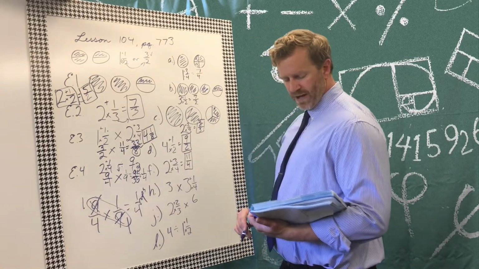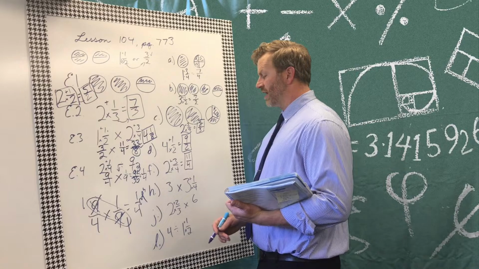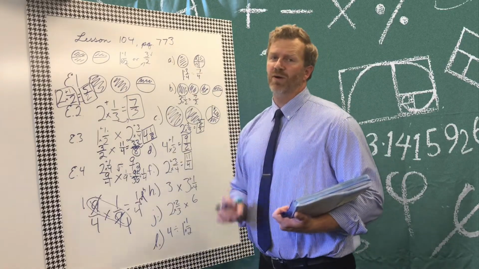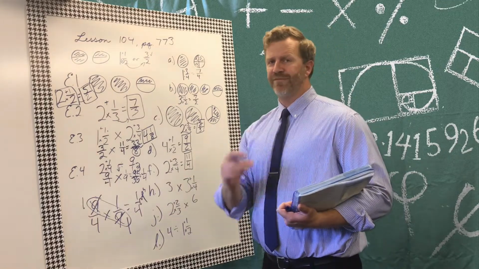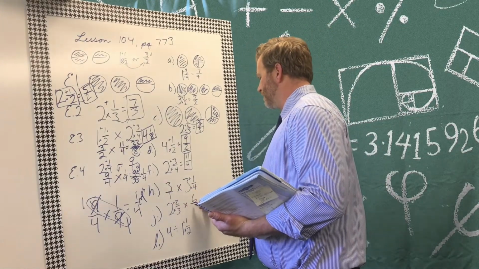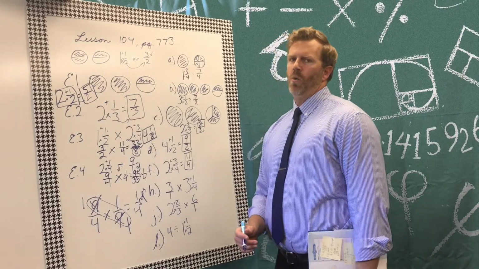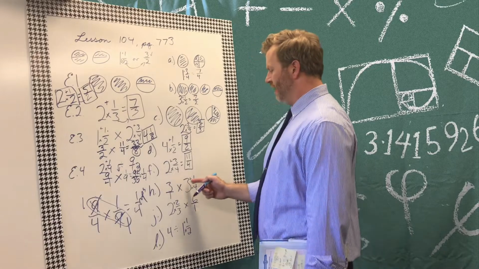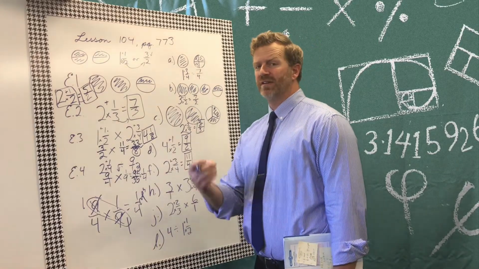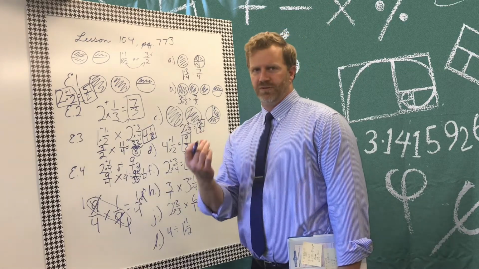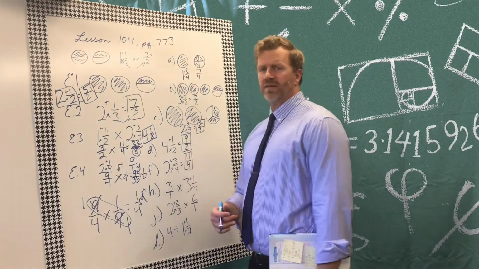All right, all right, all right. Now, H and J get a little tricky because we're doing multiplication. Watch what we should do. Step 1, let's turn those whole numbers into fractions right to start with. So I'm going to put a 1 under this one. I'm going to put a 1 under that 6, just like that. Voila. All right, let's roll with this. Now, here's my mixed number I want to turn into an improper fraction. Let's do it. 3 times 4 is 12. And then 12 plus 1 is going to make it,